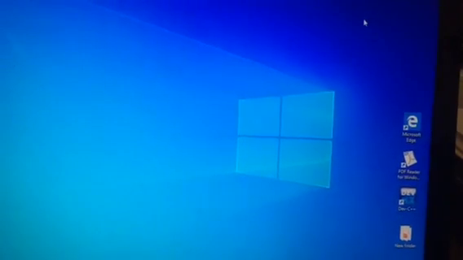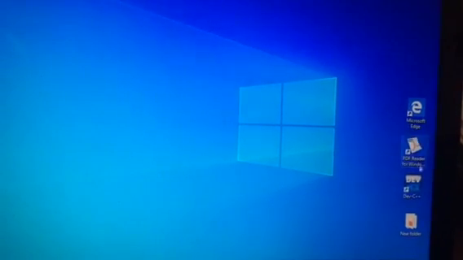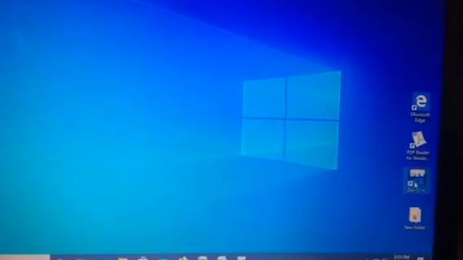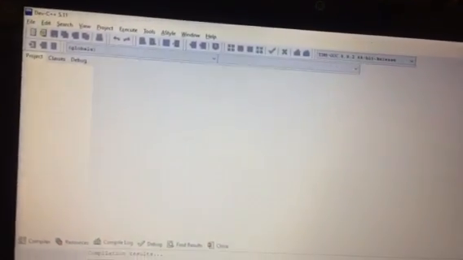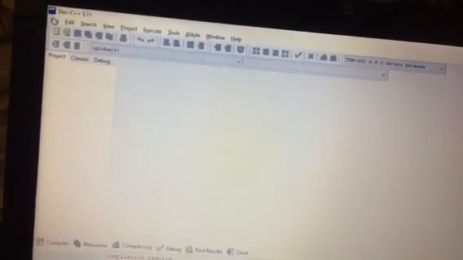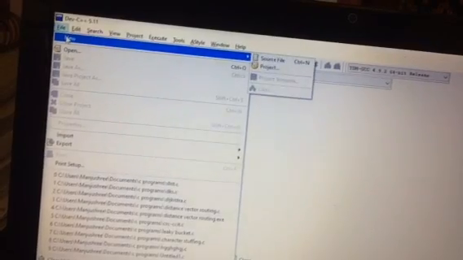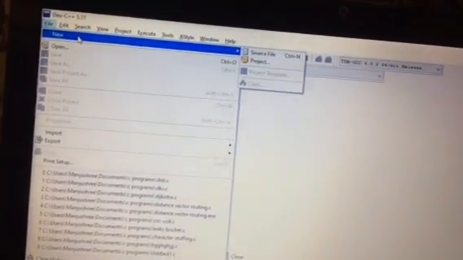We are going to study now distance vector routing. First, initially you have to open your Dev C++. When it is open, it will come like this. In this you have to go to File, create a new file, go to Source File and create the new file.